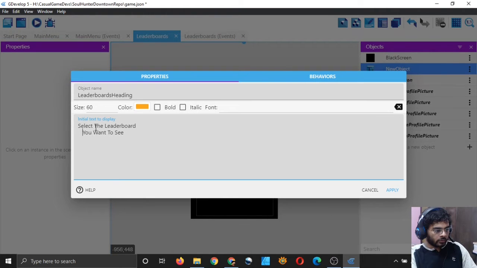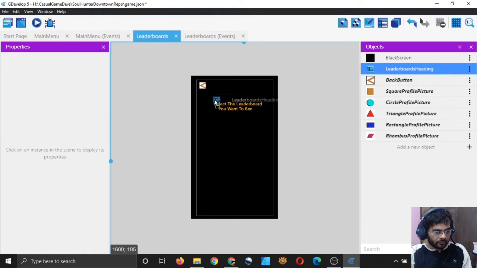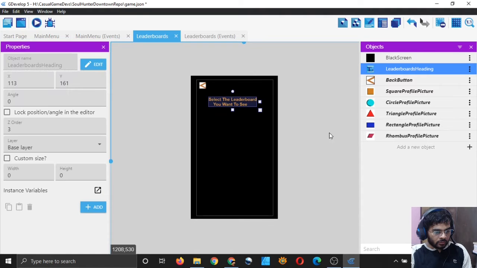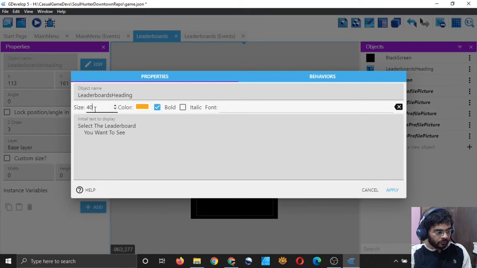Make it a little bit good so that it's in the middle, and the size can be 40 also because this is a long text. You can make it bold if you want, and click on apply, just drag it here. The size is a little bit less, so you can make it 60.